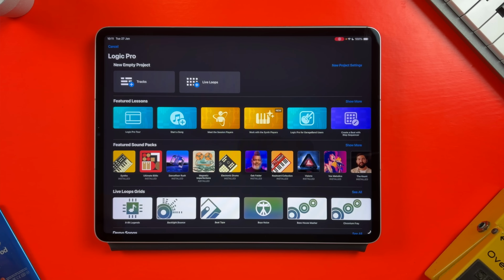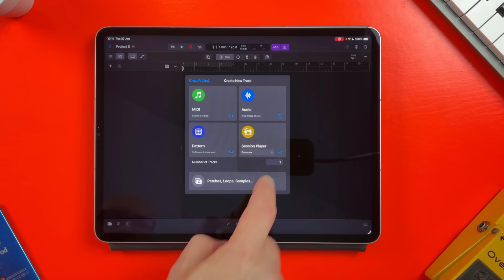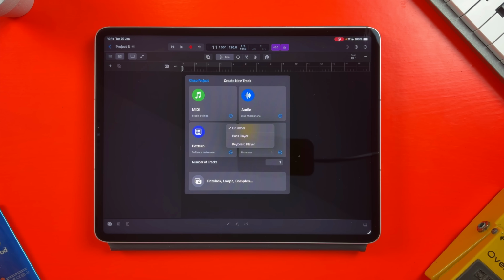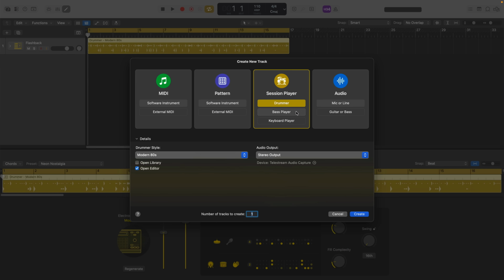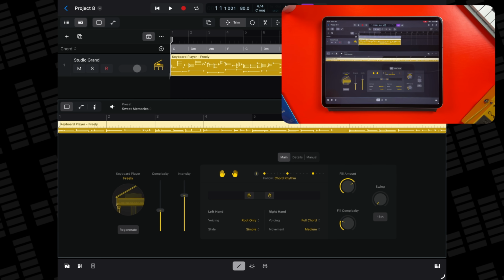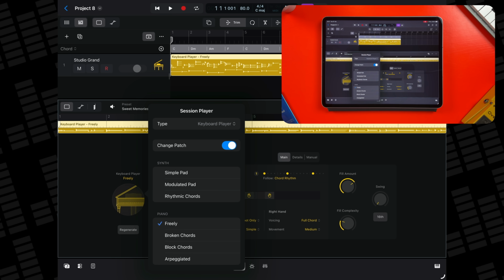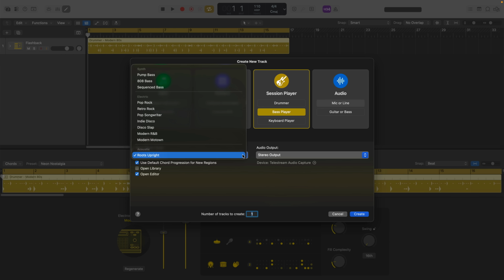A brand new AI-powered session player, the Synth Player, arrives on both Mac and iPad with these new updates. You might be a bit confused when opening a new project after updating to find no Synth Player present in the Create a New Track menu. You'll only find the pre-existing drummer, bass and keyboard session players. Well, you'll actually find the new Synth Player options inside other session players' menus. The Synth Chord Player is in the keyboard session players menus, and the Synth Bass Player is in, well, the